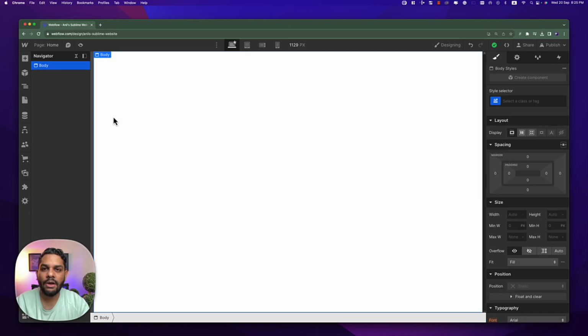Let's learn about div blocks. Div block is the most basic element. Let's add a div block to our canvas and understand its properties. Now, if I want to add a div block,